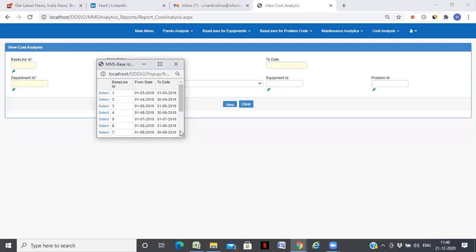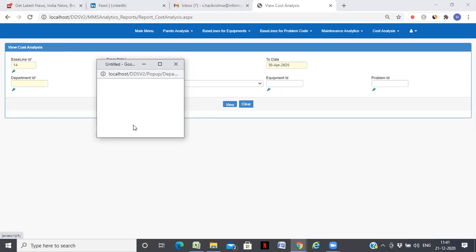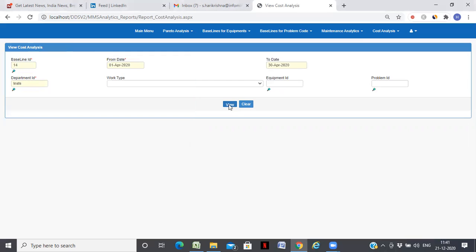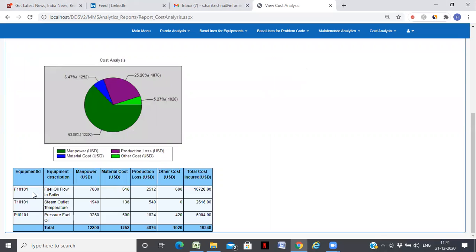Here again, you can look at various factors of the cost. You can see here for each equipment the manpower cost, material cost, production loss, other costs,